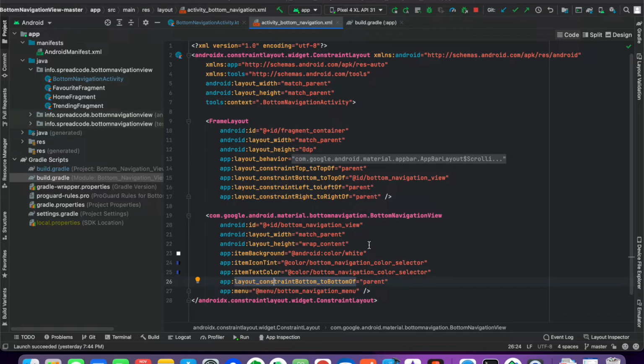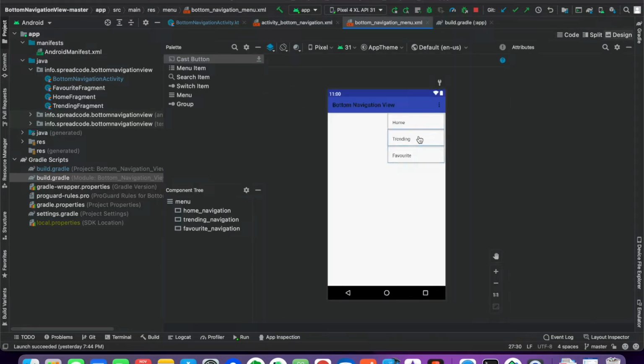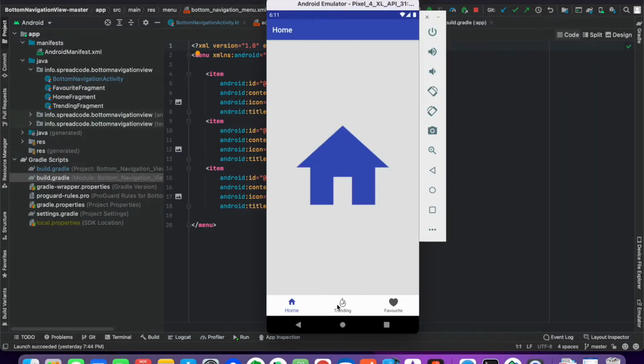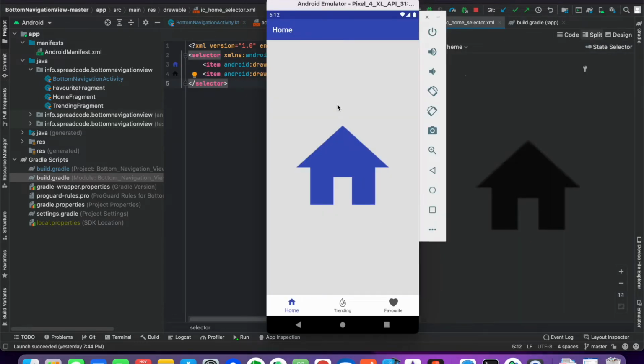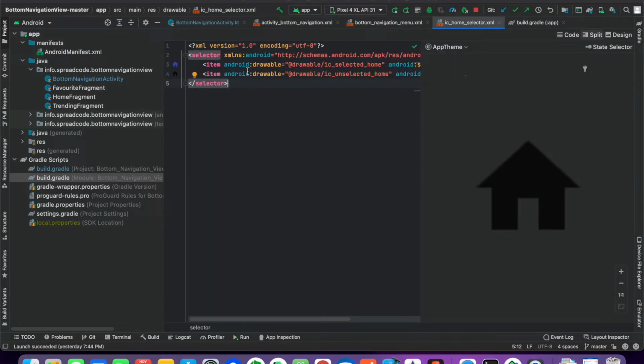One of the important things that you have to supply to this bottom navigation view is the menu. This menu defines how many items you want to show inside the bottom navigation view, what the icons will be and so on. You have to pass the ID also. The name will be taken as the title, and you have to pass the icon also, because I wanted two states of icon. When I select one item of the bottom navigation view, it should be in the selected state and the others should be in the disabled state. So I have used a selector for this particular case.